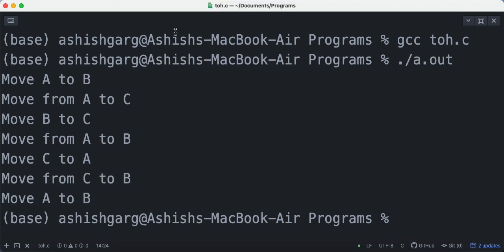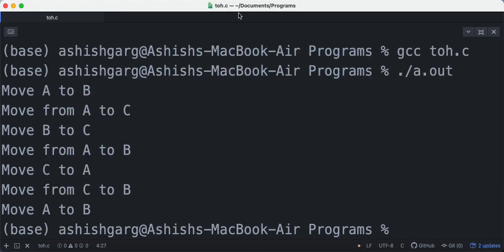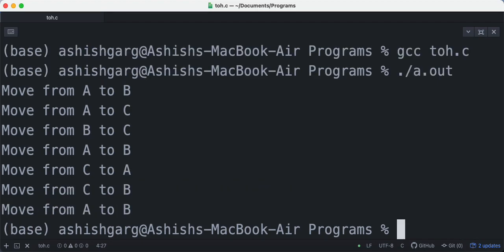And see, here I have written from to, and in the if condition I have not written it, so I can write here move from this to this. So now see, all the 7 steps are written.